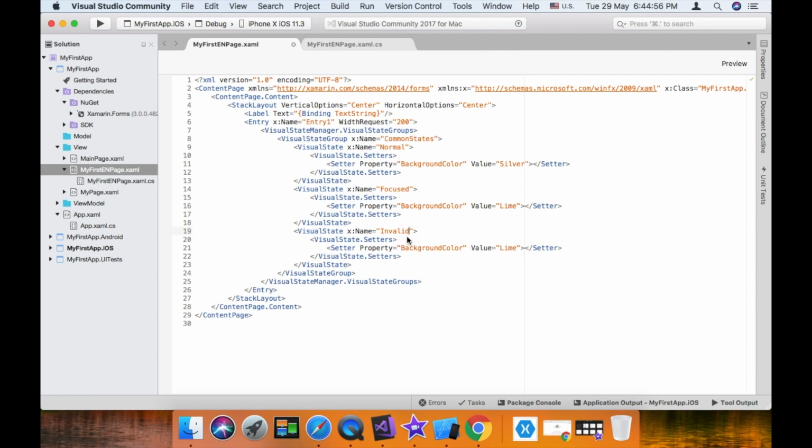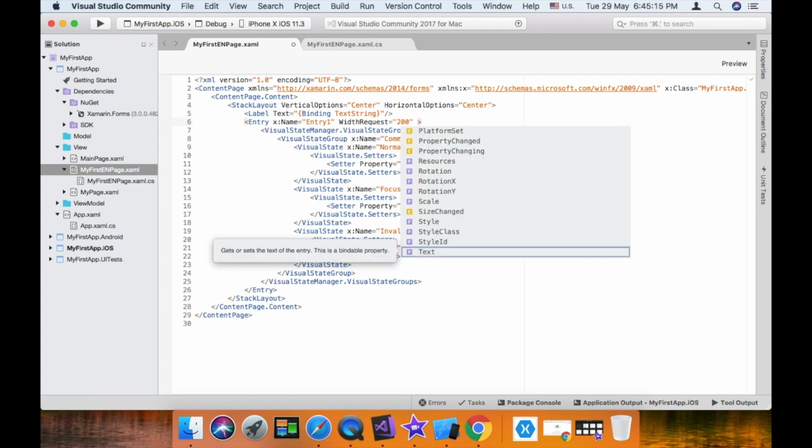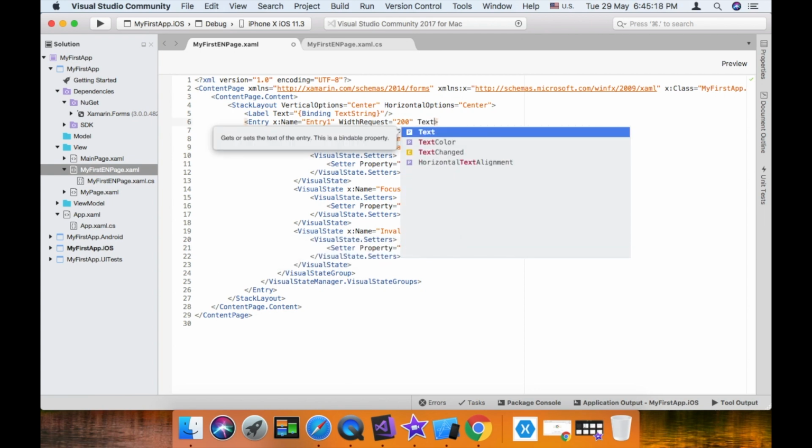I'm going to put background color red for this visual state and do all the validation method in the code behind file. So I'm going to call a method called text changed